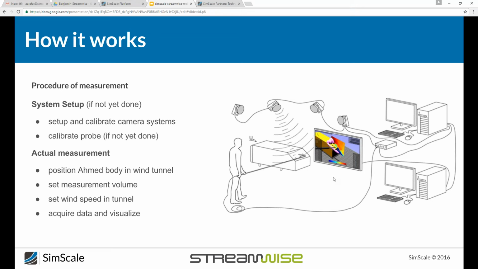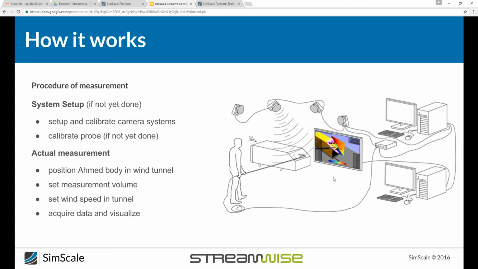So first of all, you have to set up the system in your wind tunnel, and I say that because most of the time measurement systems are really installed in a wind tunnel and they belong to the wind tunnel, and you cannot measure somewhere else but in the one dedicated wind tunnel. But ProCap is very modular, and it can be easily installed also in other wind tunnels in a short amount of time. I say now, let's say 2 hours, and you have the entire system set up. So you can get all the system in a passenger car, go to any wind tunnel, build it up,